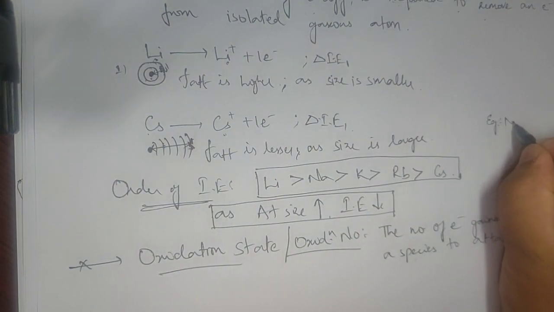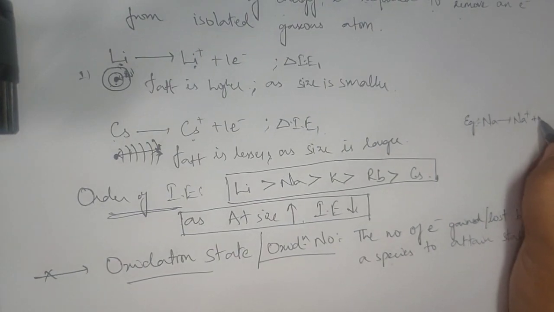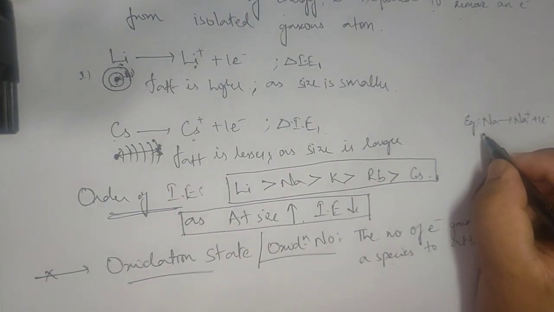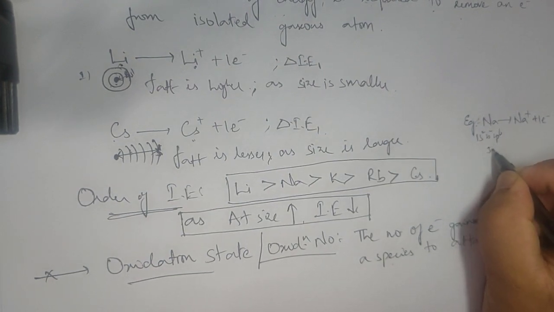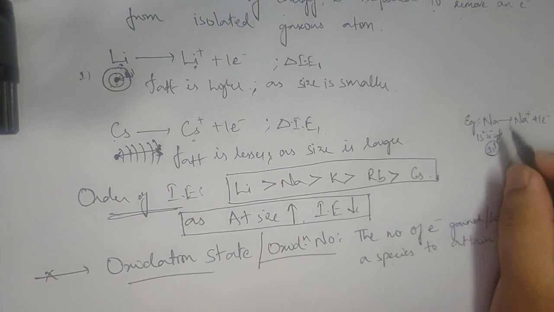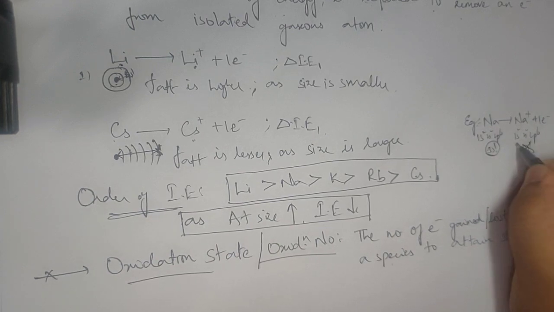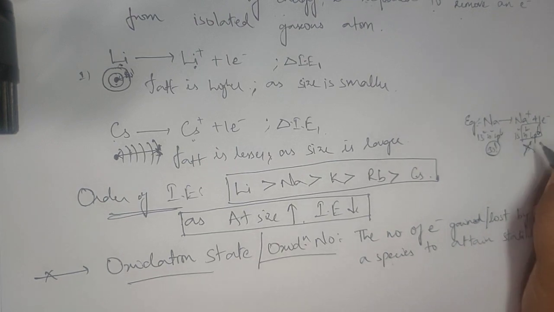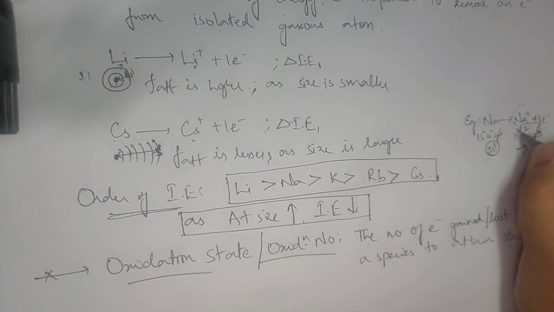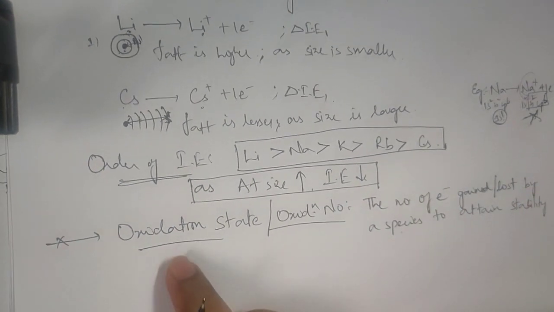So for example, let's take sodium also. Sodium becomes Na plus by losing one electron, right? So if you write the sodium configuration 1s2, 2s2, 2p6 and 3s1, this is still there in sodium, whereas here it is 1s2, 2s2, 2p6, and 3s1 is no longer there, it's gone. So now 6, 7, 8, the valence electrons are how many? 8. That means Na plus is more stable.